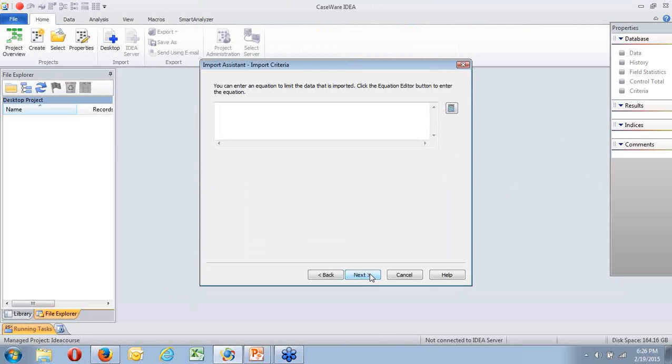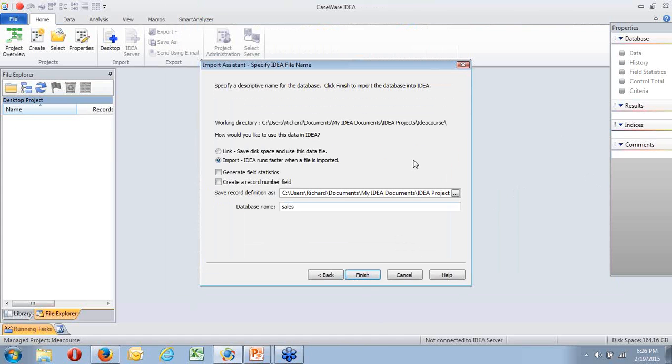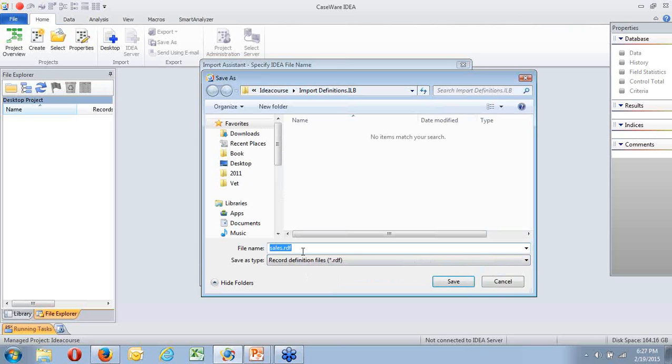If I say next, I could limit that. I don't want to limit it, so I'll say OK. Specify descriptive name for the database. This is a brand new record definition in here. So I'm going to save the record definition as sales RDF within my IDEA course import definitions.